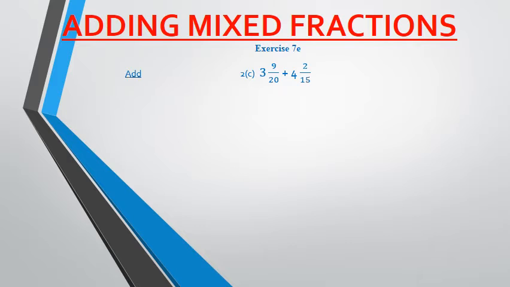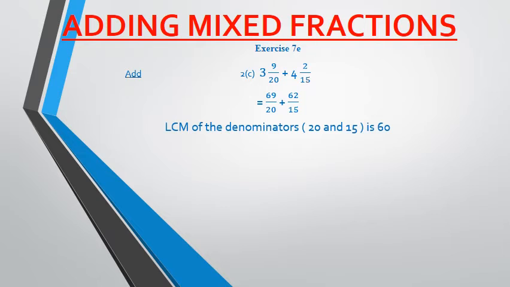So when we change them into improper fractions, they become 69 by 20 plus 62 by 15. Now we have to find out the LCM of the two denominators. So the LCM of the denominators 20 and 15 is equal to 60, right? So now the sum of these two fractions is equal to,